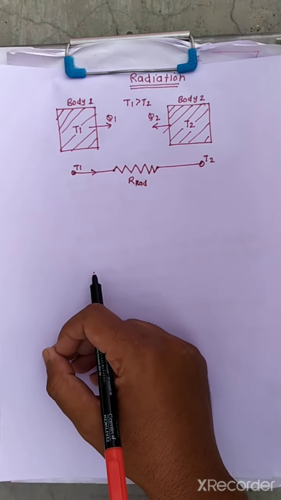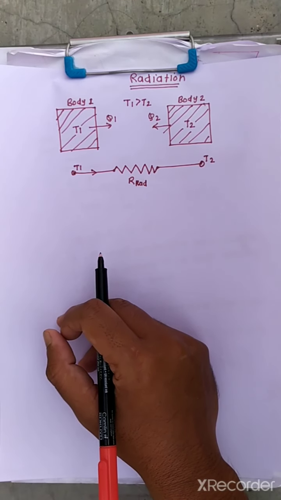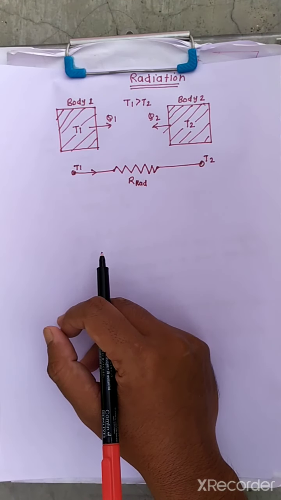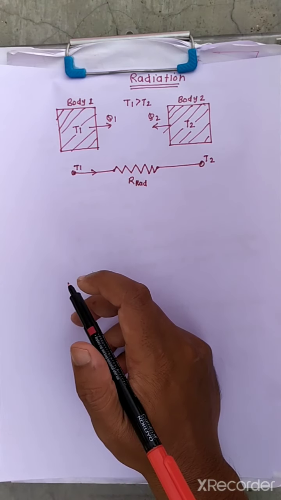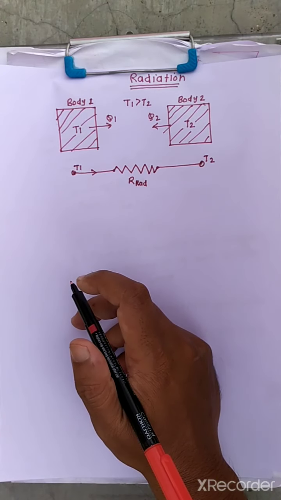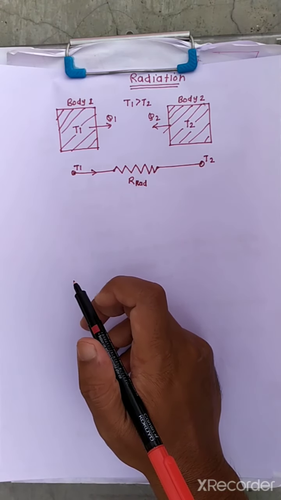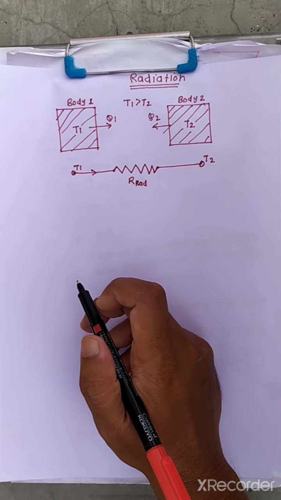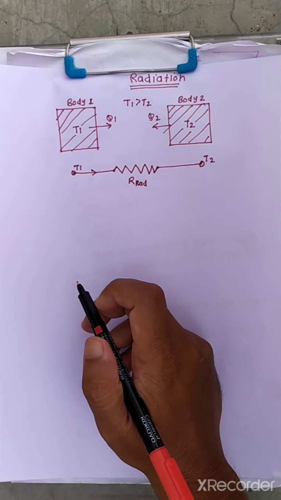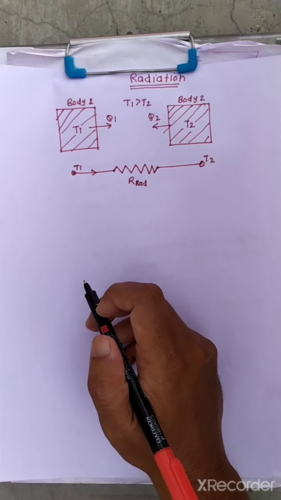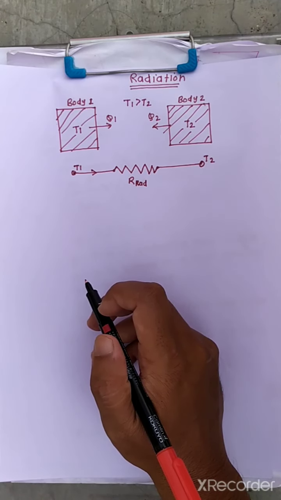The third mode of heat transfer is radiation. All bodies radiate heat. Radiation is the rate of heat transfer by means of electromagnetic waves that are emitted in the wavelength band between 0.1 and 100 micrometer as a result of the temperature of its surface. Thermal radiation, being the propagation of electromagnetic waves, does not require any medium for this propagation.